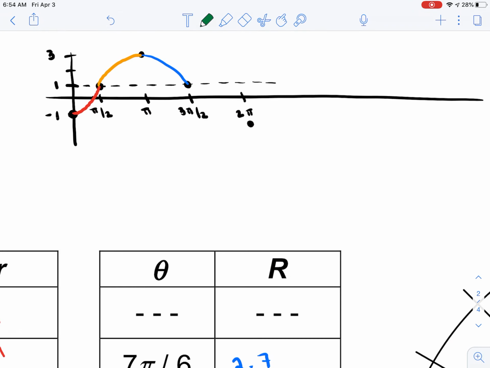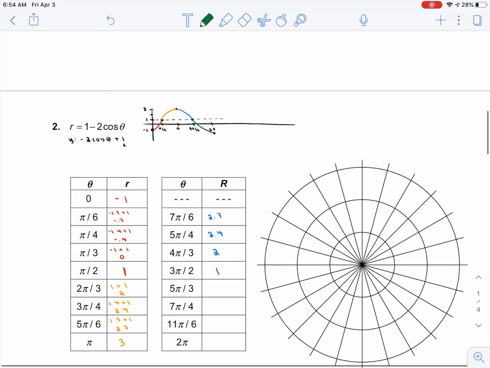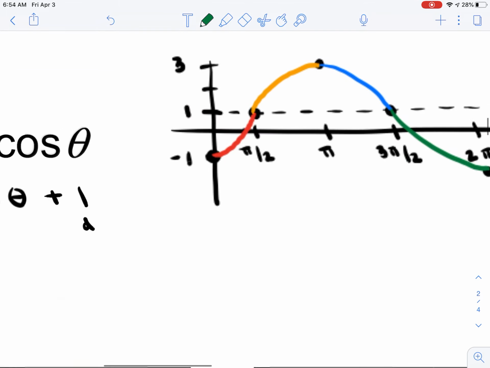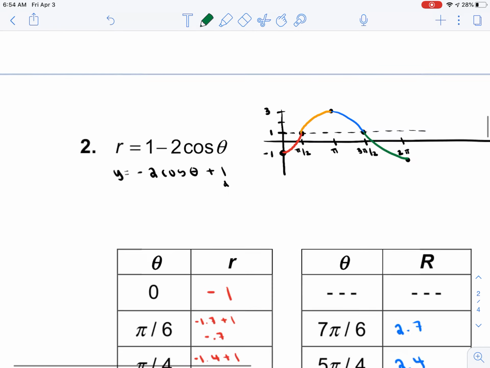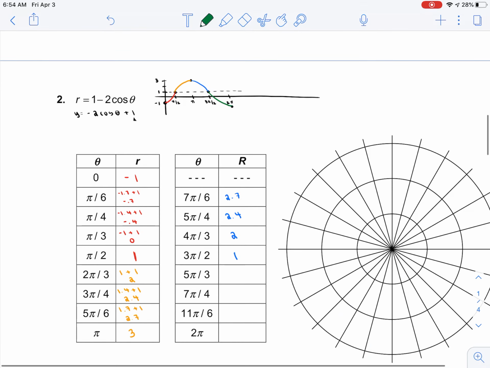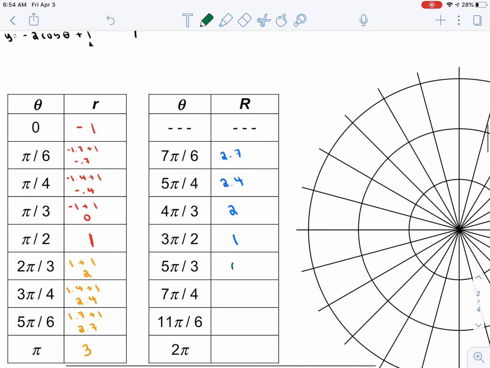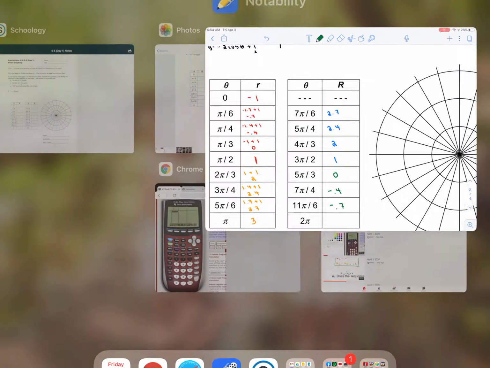And then finally, for the portion that I'll do in green, again, think about what we saw in red. You're going to see those same exact values, but now in the reverse order. So at 5 pi over 3, what we saw at pi over 3, we're going to see that value of 0. Then we're going to see this negative 0.4, the negative 0.7, and then at 2 pi,